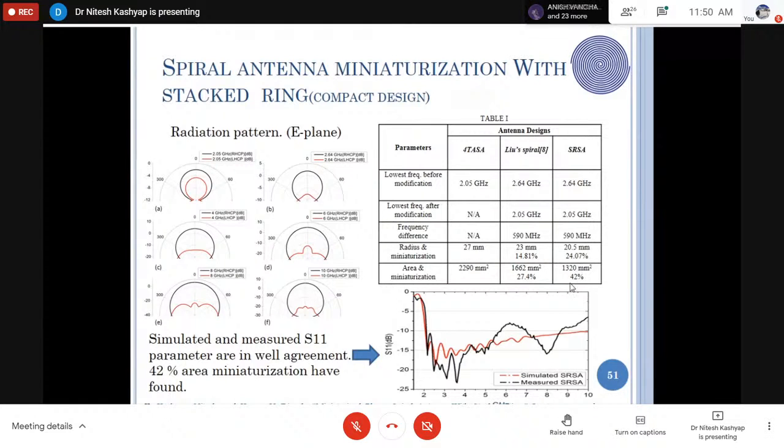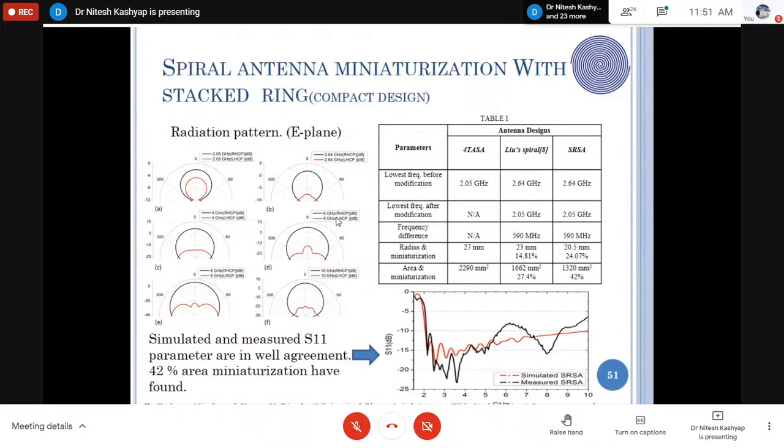Here we can see the initial lowest frequency before modification was 2.64 gigahertz. After the modification, it was 2.5 gigahertz. The frequency difference was 590 megahertz, and the radius and miniaturized area is 42%. Okay,